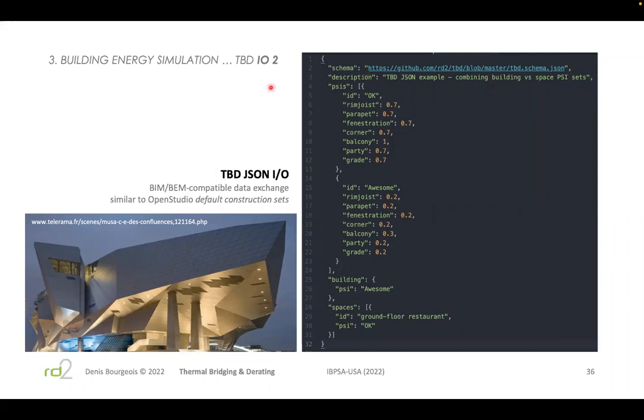And so we introduced a JSON file format, which allows users to specify psi sets. So if you select a construction, let's say a wall construction, most likely the psi factors that you're going to use will be highly dependent on the wall construction and the cladding system in conjunction. Both of those characteristics will determine the psi factors that you should be using. But if you're using multiple construction sets, then you would need something like this input JSON file, which would allow, in this case,